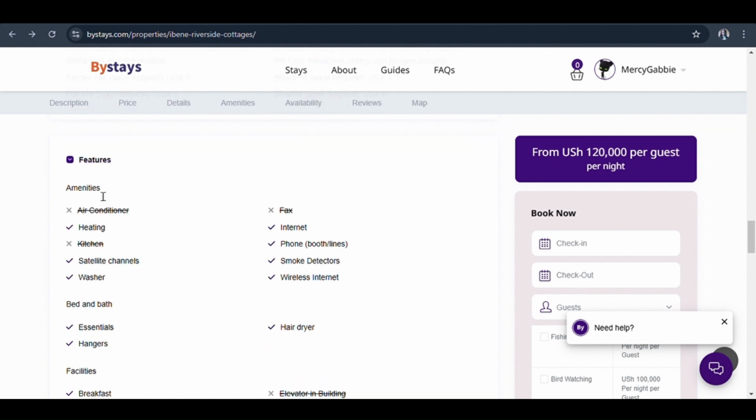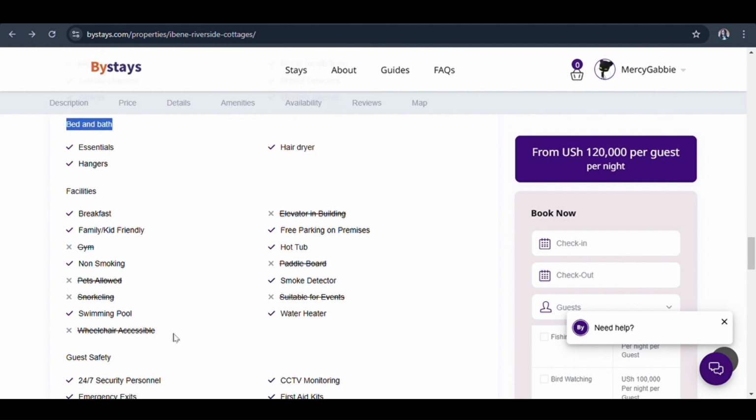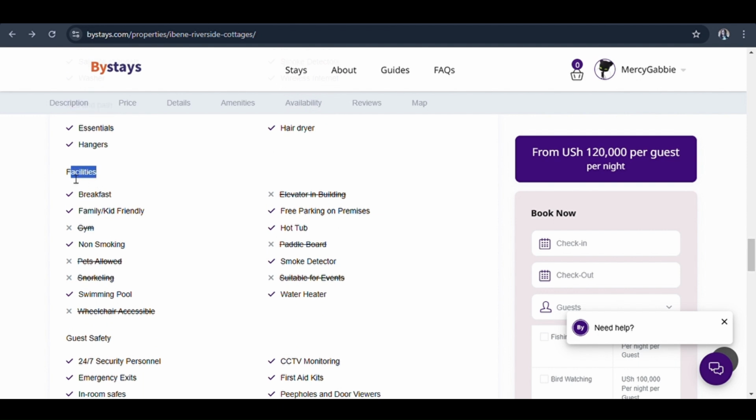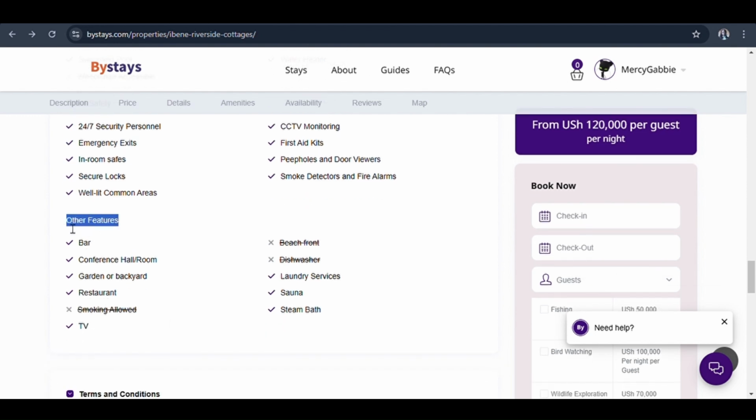Then we see the features, the different amenities that it has, the bed and bath essentials, the facilities that it has, its safety requirements, all the security things that it has, other features as well,